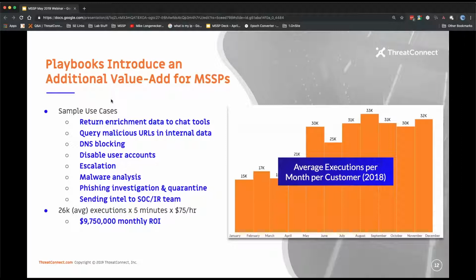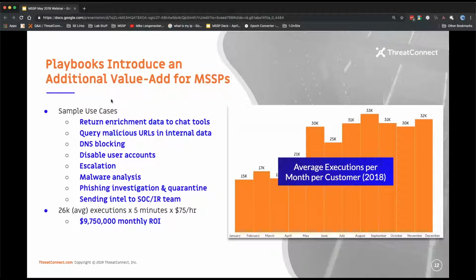Now, when we take a look at orchestration, a lot of the benefit there is being able to take those actions that are normally done by one or maybe a few different individuals, and we're able to calculate based upon those actions how much time can be saved by using Playbooks. So when we're taking a look at it from an MSSP perspective, and our customer just doesn't have the budget to bring in a network analyst or a security analyst, and we're providing those services to them, we can calculate using